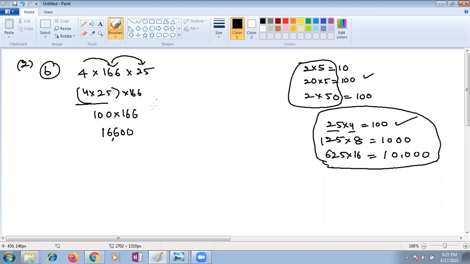If you use your properties without pen and paper only, we can answer. That is the power of the laws of properties of exponents. That's why you can multiply in any order. You can add up in any order. The result remains the same. Why can we do it in any order? If you use this property, you can get the answers without using pen and paper, and you can solve the sum very fast.